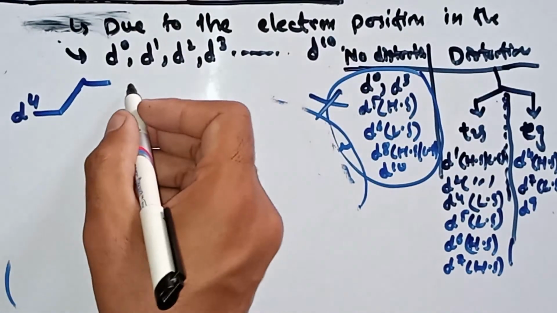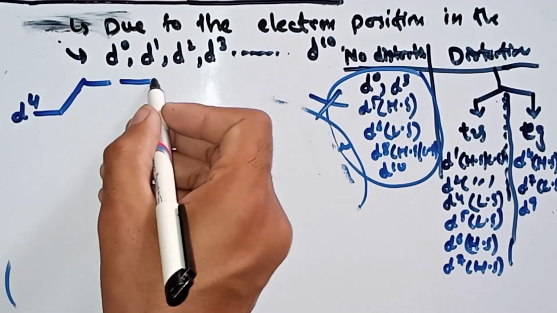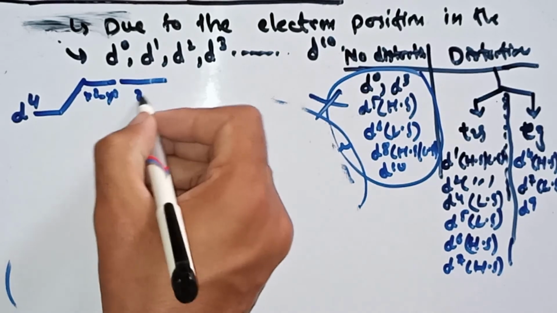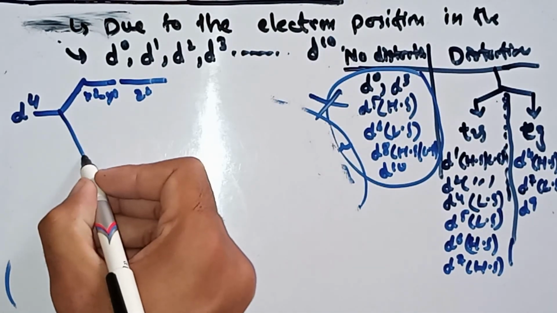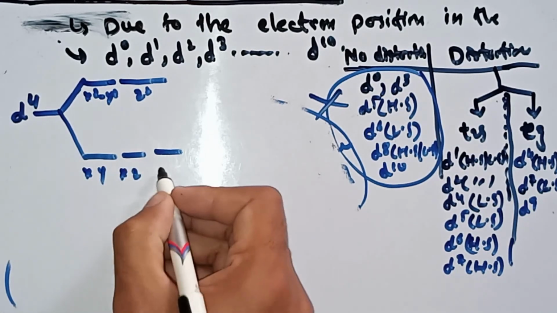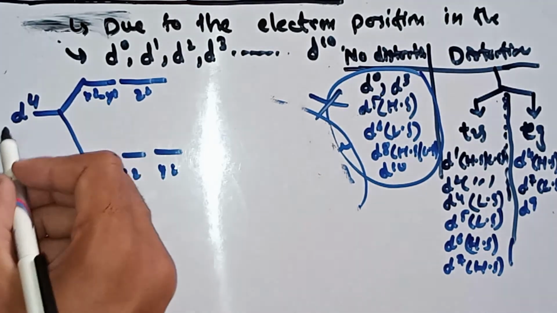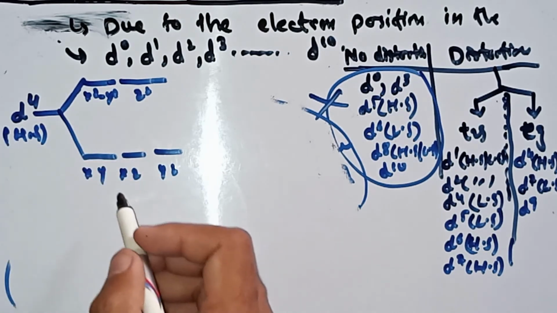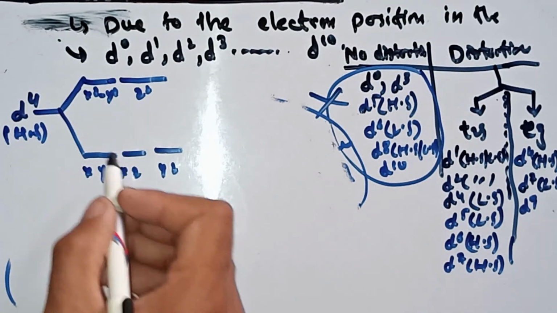This is the x-axis, that is x square minus y square, that is z square, that is xy, xz, yz. When D4 is a high spin complex, high spin complexes are used. So the electrons will be